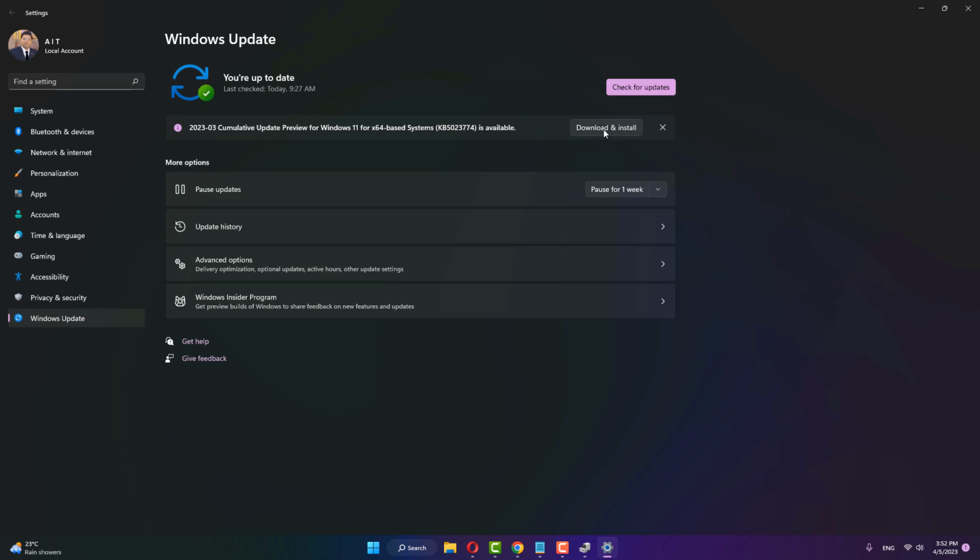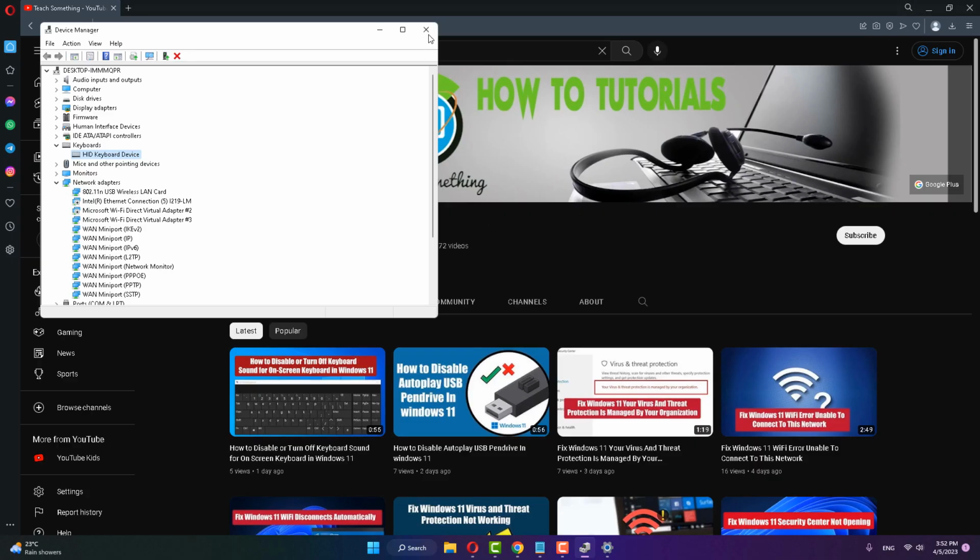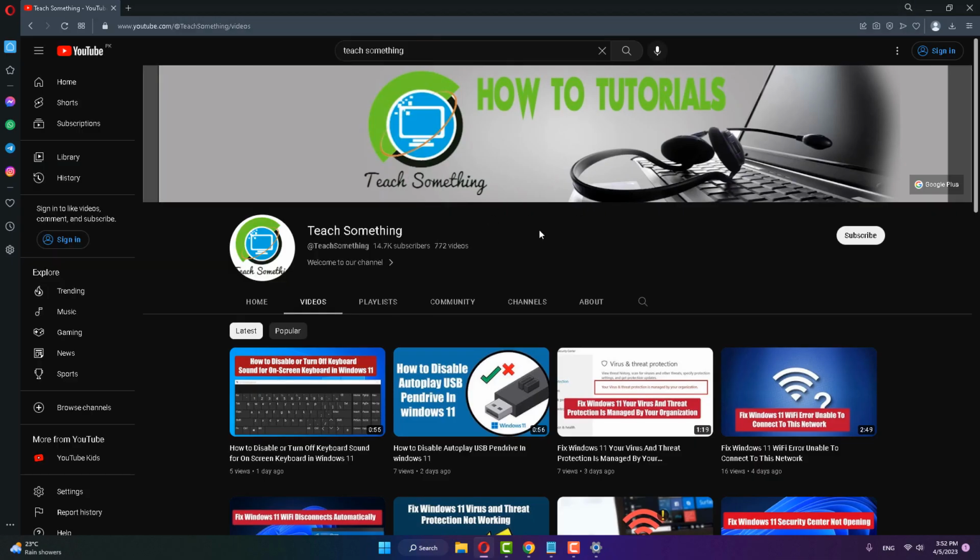So in my case, the download will start and it requires a few minutes to complete this process, and after completing that, download and install it on your PC. After doing this, I hope your problem is fixed, but if your problem is still there, then you can try